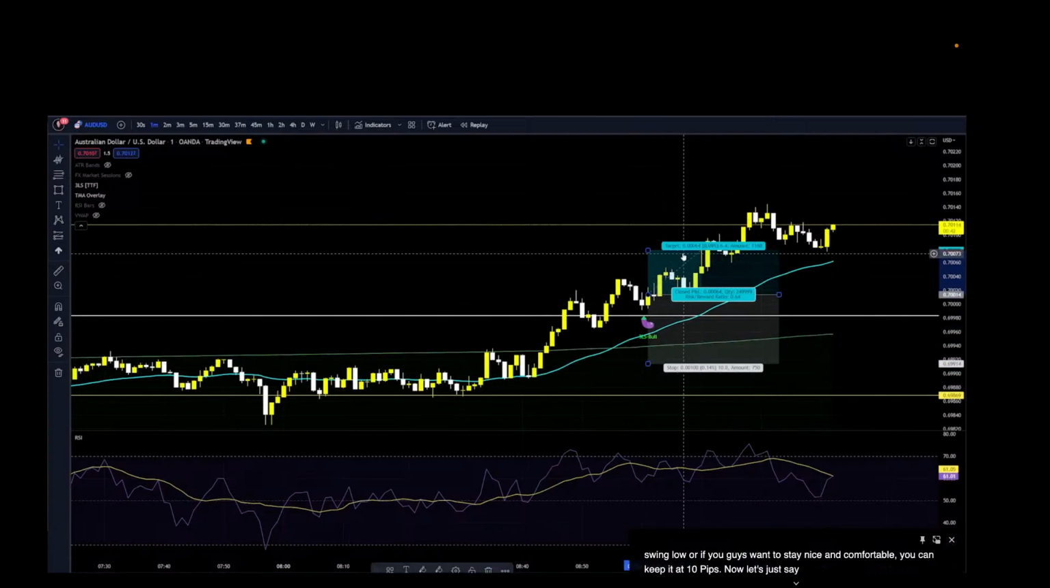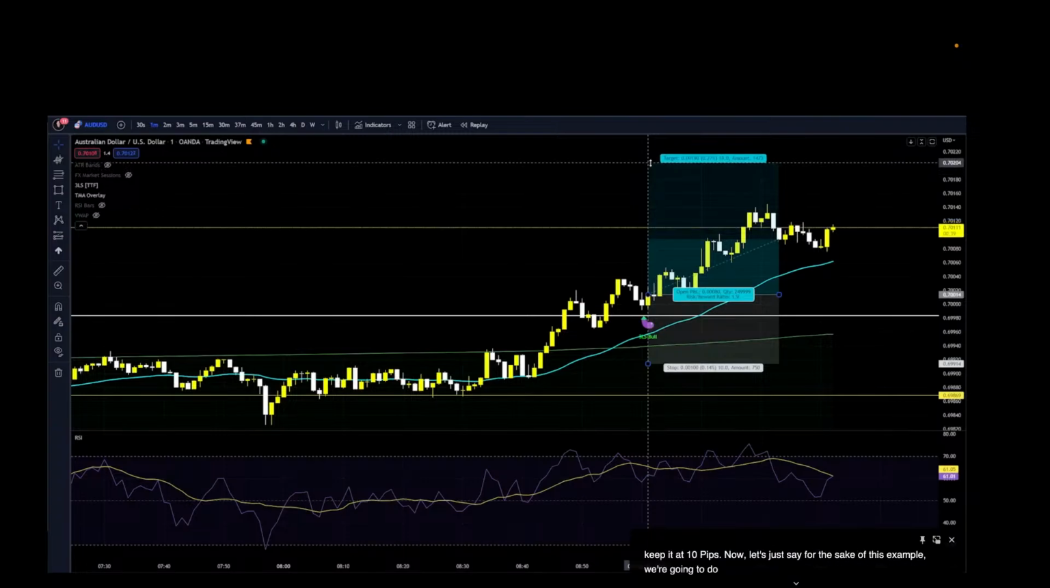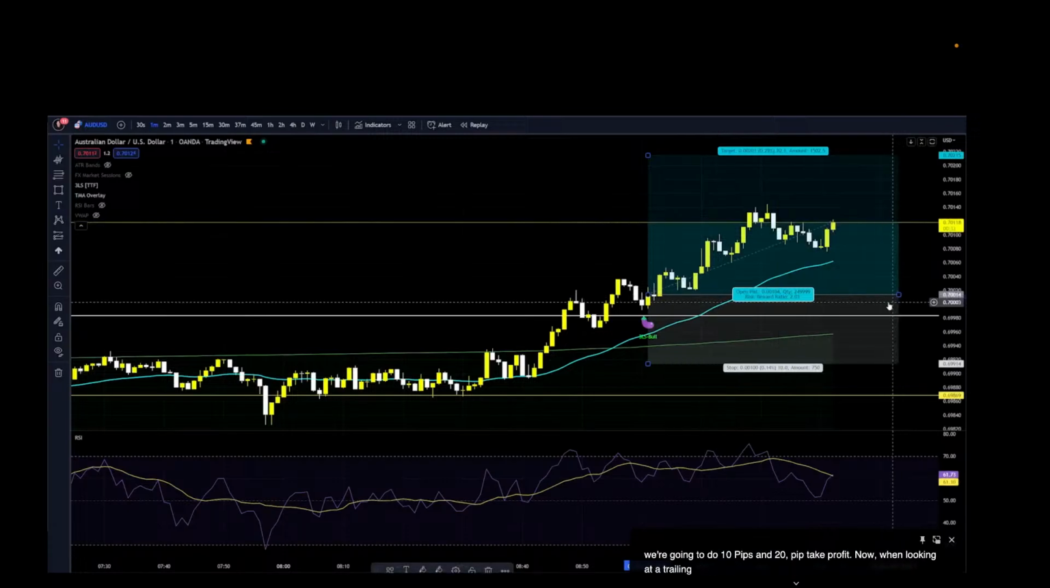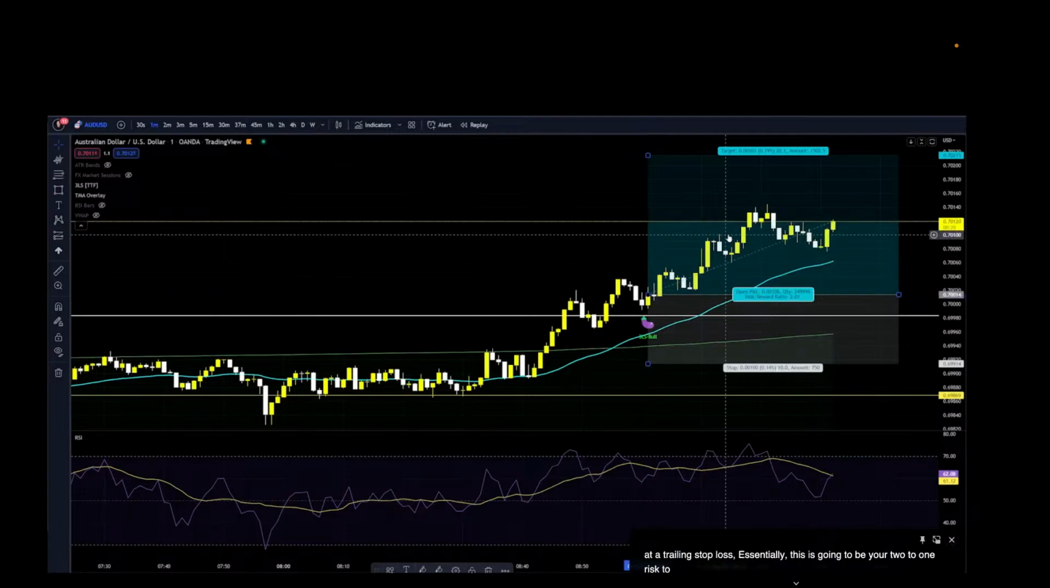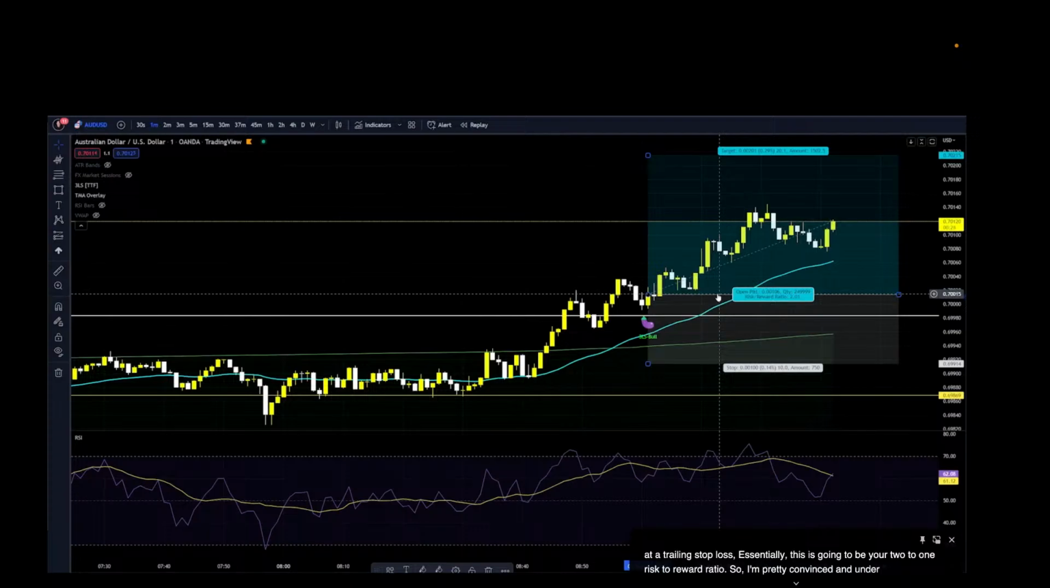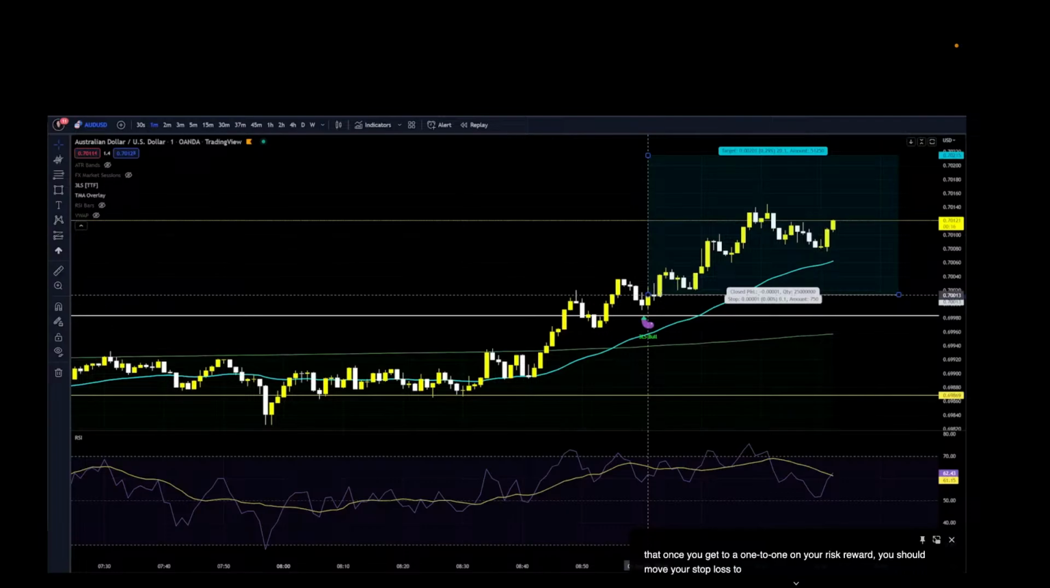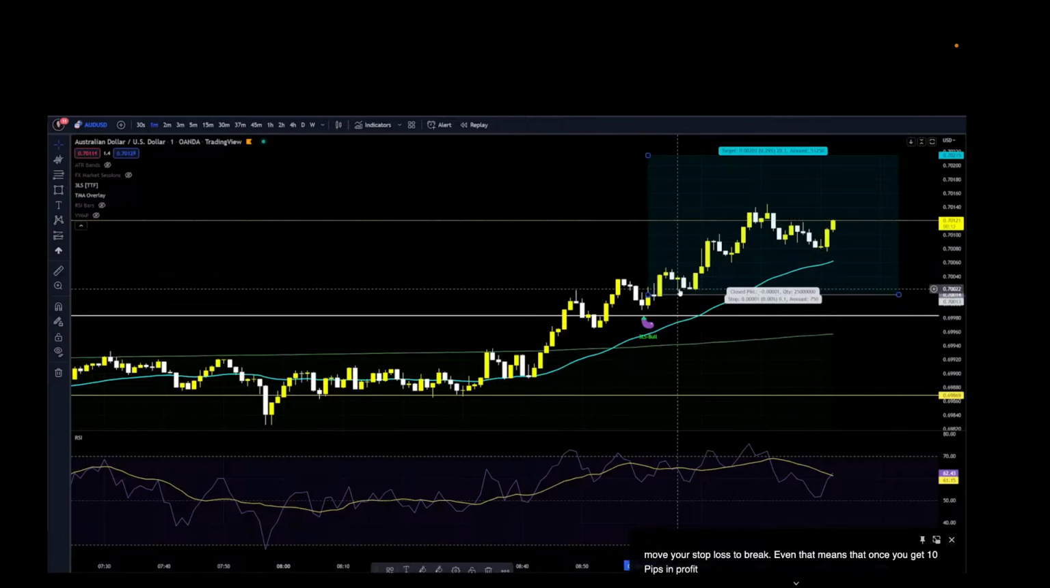Now, let's just say for the sake of this example, we're going to do a 10 pip stop loss and a 20 pip take profit. Now, when looking at a trailing stop loss, essentially, this is going to be your 2-to-1 risk to reward ratio. So I'm pretty convinced and under the impression that once you get to a 1-to-1 on your risk to reward, you should move your stop loss to break even. That means that once you get 10 pips in profit, your stop loss should be break even